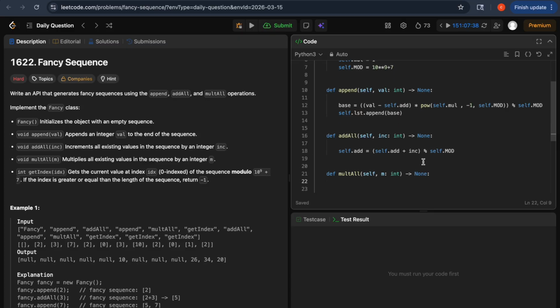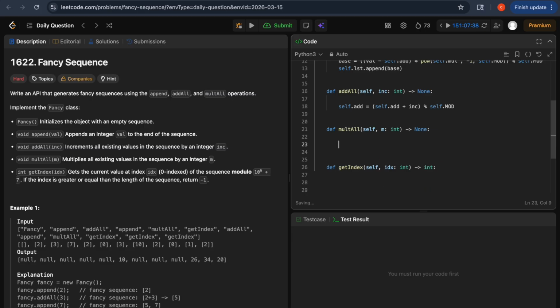Now since this is done, the accumulated add is done. Now multiply all. In terms of multiply, two things change: the multiply also changes, and along with that the addition also changes, right? So for that reason self dot mul is equal to self dot multiply with the given value m,